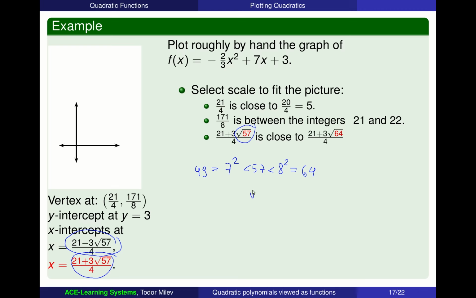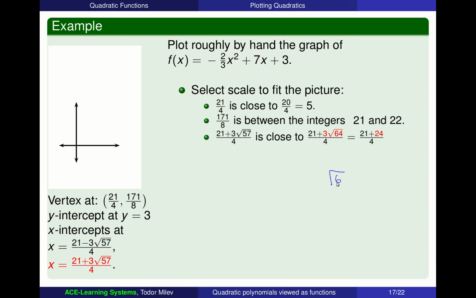So that means that radical of 57 must be somewhere between 7 and 8. Which means that I can approximate radical of 57 with radical of 64. Why do I choose radical of 64 and not radical of 60 or something else? Well, because radical of 64 is very easy to compute. So I can estimate radical of 57 as approximately equal to radical of 64,